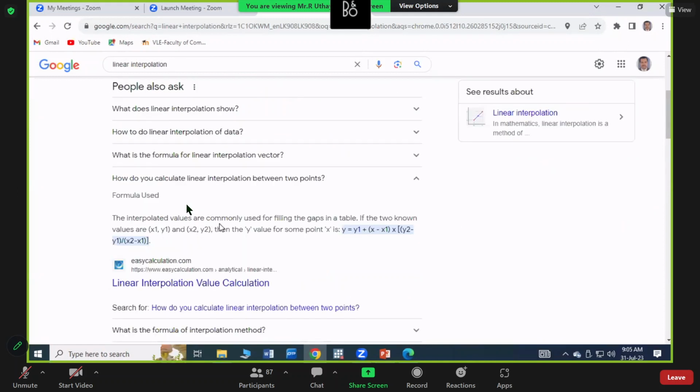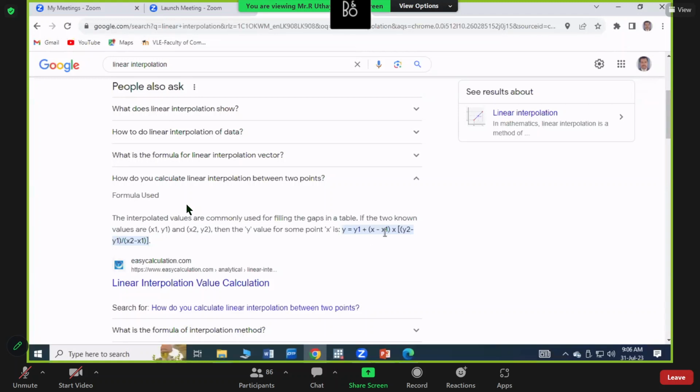The interpolated values are commonly used for filling the gaps in the table. If the two known values, say x1, y1 and x2, y2, are known, then the y value of some point x can be calculated like this: